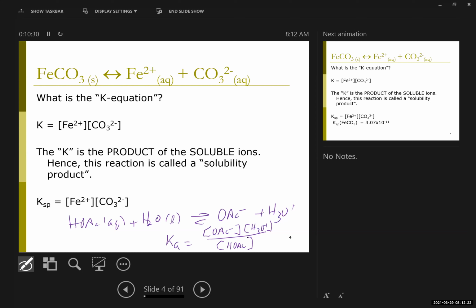There's just the products. And so when I have the ratio of products and reactants, I can always either end up with very little products or a whole lot of products, or very little reactants or a whole lot of reactants, whatever it takes to get me there. But because the reactants aren't part of my equilibrium, if I dump a whole lot of iron carbonate into water, it can dissociate its way to equilibrium, but that equilibrium only depends on the iron and the carbonate concentration. And if I dump very little iron carbonate into water, it'll dissociate, but it can't necessarily get to equilibrium,